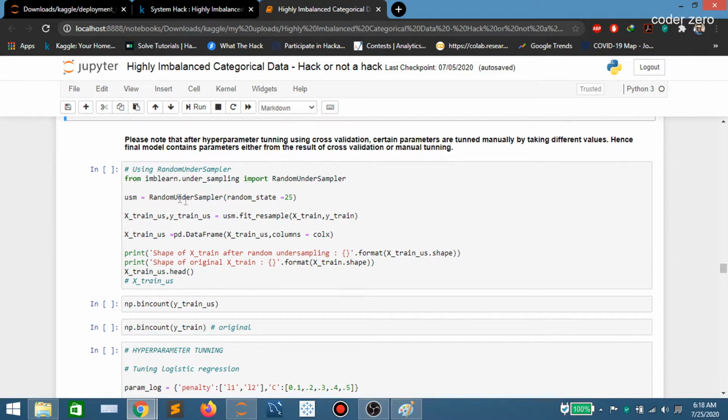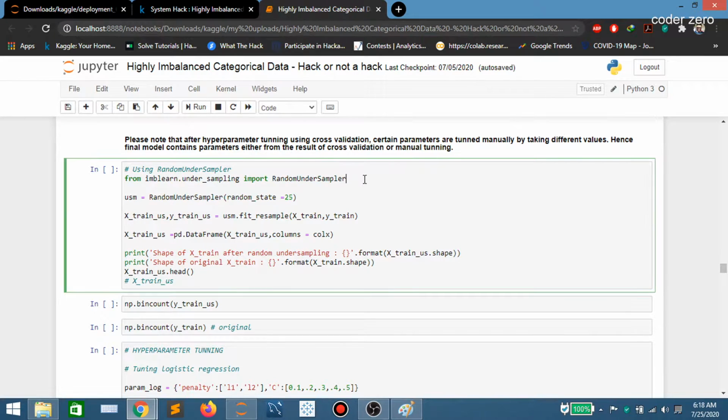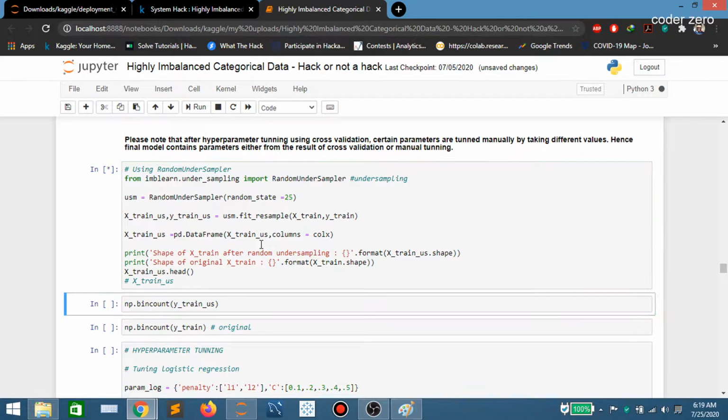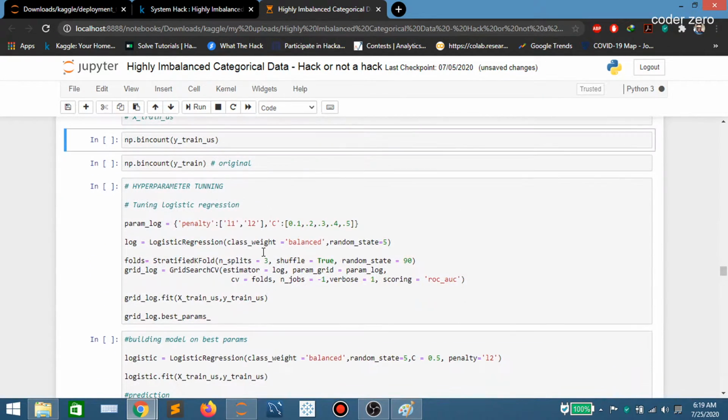So here we are using random undersampler for undersampling. We are creating a random sampler and setting the random state here. Then we are fitting the random sampler on X train and Y train. Then we are creating a data frame from the newly created data sample from the random sampler. Okay, it's working now.